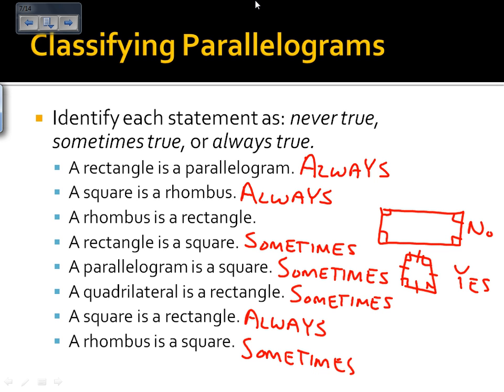Let's go take a look at a rhombus is a rectangle. A rhombus is a rectangle. Never ever? This is the hardest one. A rhombus is a rectangle. Never ever. They could never possibly overlap. Let me ask that again. Hint. A rhombus is never a rectangle. They could never possibly overlap. I'll give you a picture. Sometimes. When is that sometimes? When you say square. So sometimes